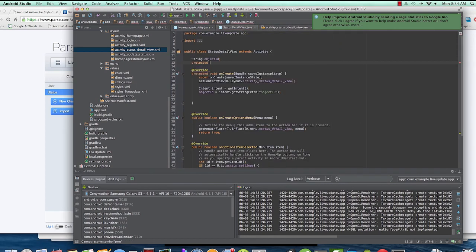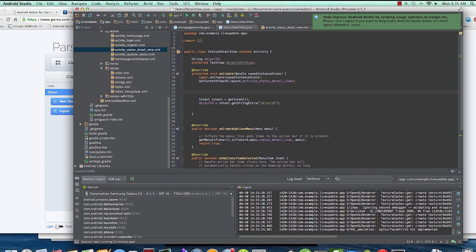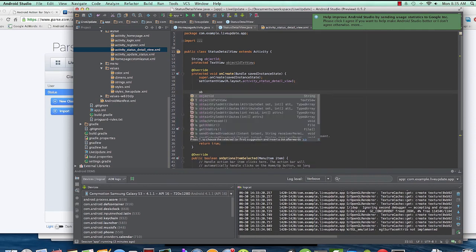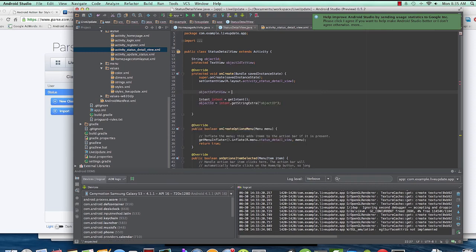So protected TextView, I'm going to call this object ID text view, and then I'm going to find it here, and I'm going to say object ID text view equals